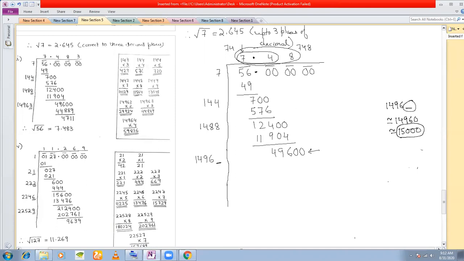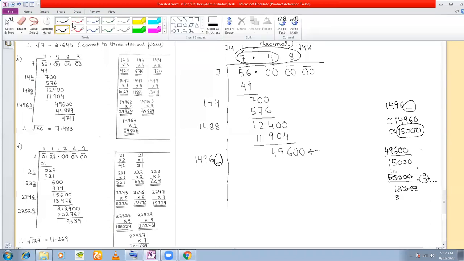And we have got 49,600 here. So in order to get an idea of the digit, 49,600 divided by 15,000. Now 49,600 is very close to 50,000. So 50,000 divided by 15,000, 3 zeros cancel, and you get 10 and 3. That means your quotient here is 3 point something. So the digit will be close to 3. Either it can be 2, 3, or 4.